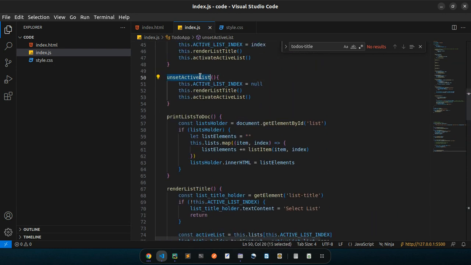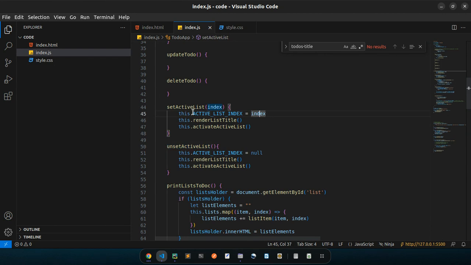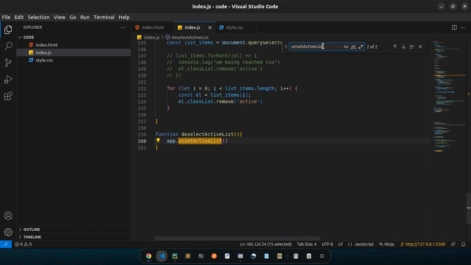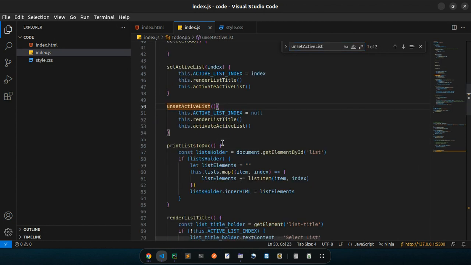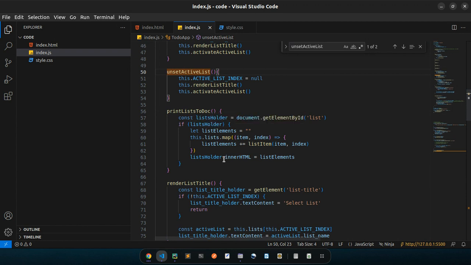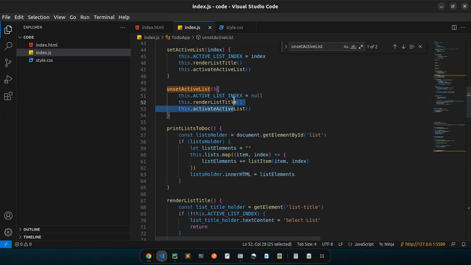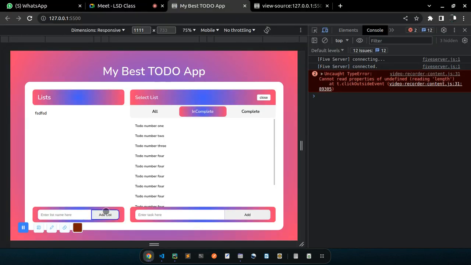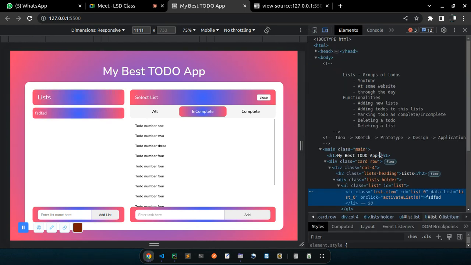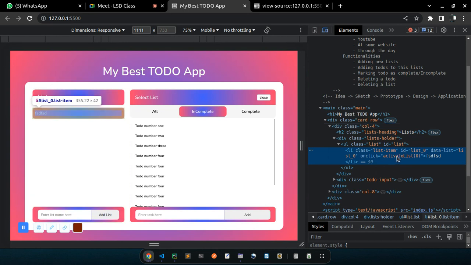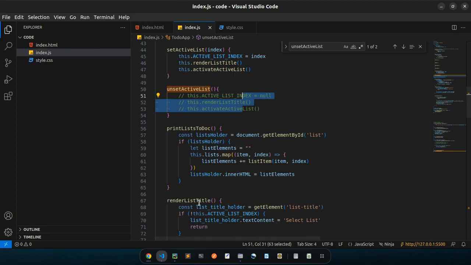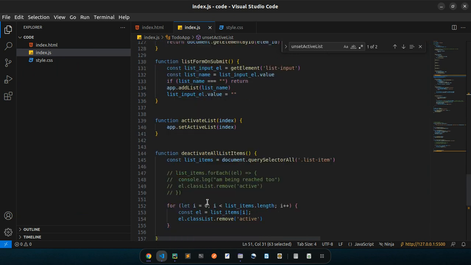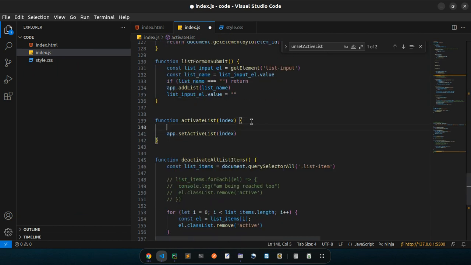We have a set list here, and actually it should be called at a single place, not several times. Let's see why it's not working or why it's not selecting. So the best thing is this, the code we have added has brought problems. Comment it out. Not working, meaning our list elements are not working either. Activate list. So let's find the activate list method, this one, and try maybe to say console.log